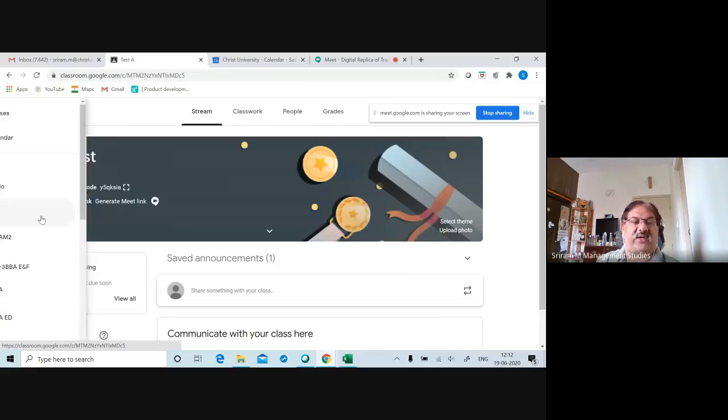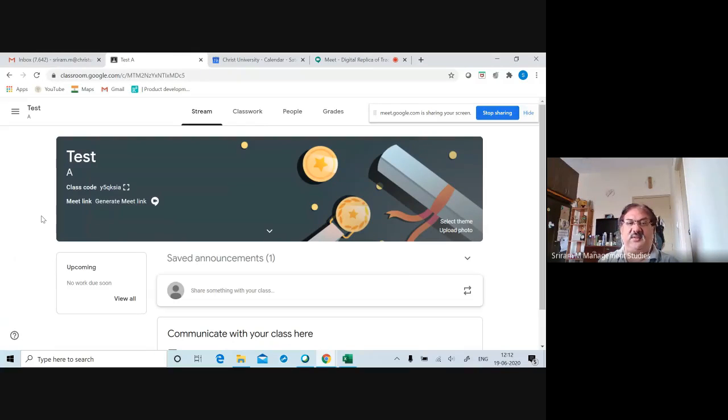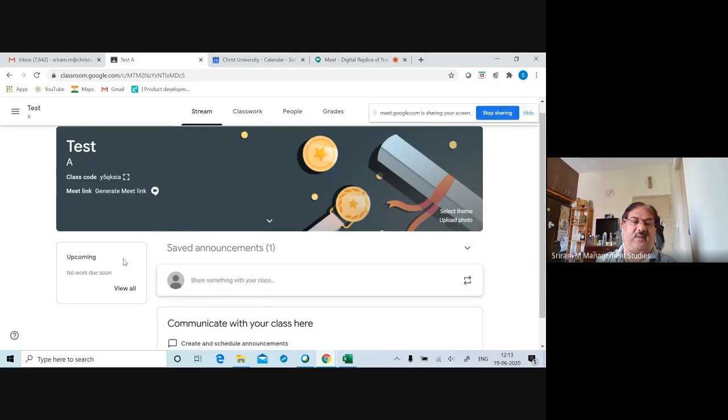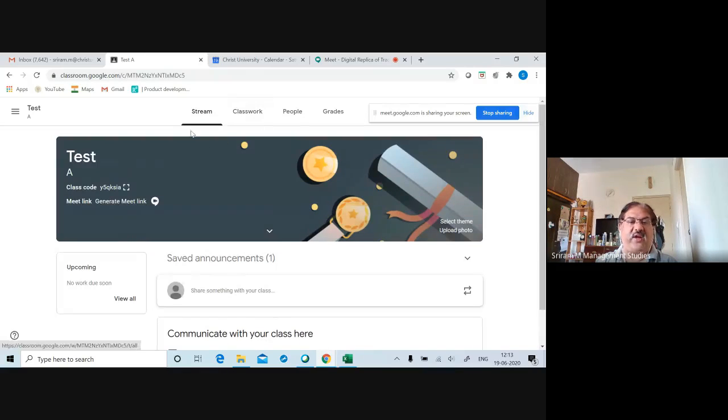So this is how you actually create a class, post it, give grades, everything. Here, as I told you, the rubric part will take some time, because creating rubrics would be too much for one session. It's suitable if you're giving assignments, but if you're giving only quizzes, like the other one I showed you, I have not created a rubric for that.